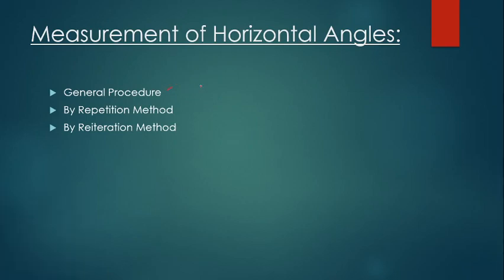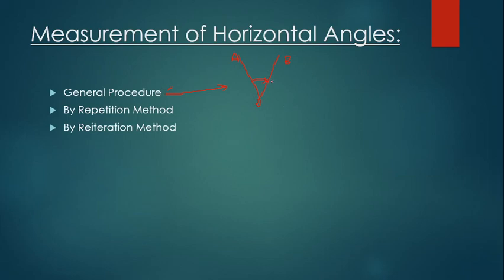Here, if I want to calculate the angle between two survey lines, let us say OA and OB, then in this general procedure method, we calculate the horizontal angle once with face left, record it in tabular form, and change the face to face right,